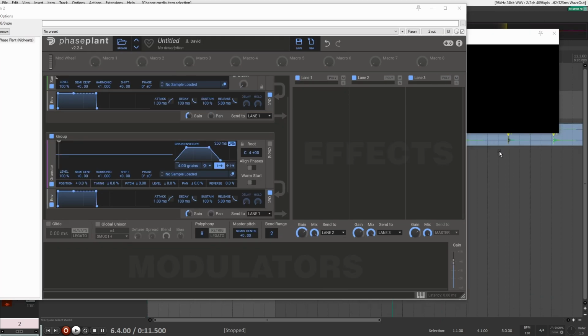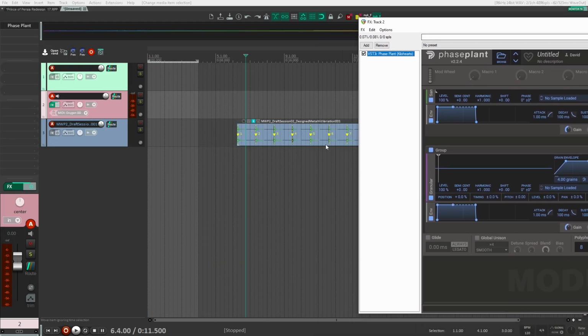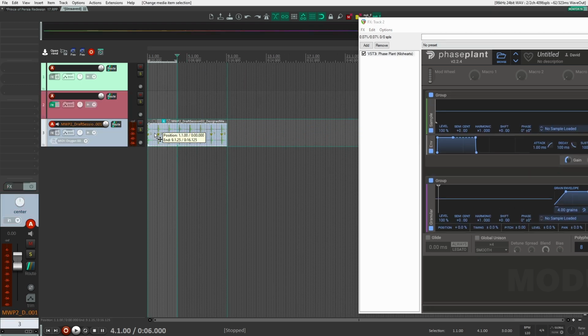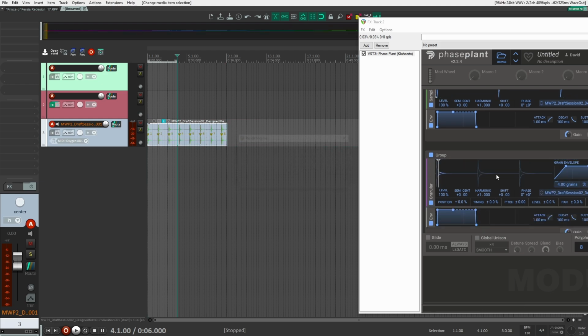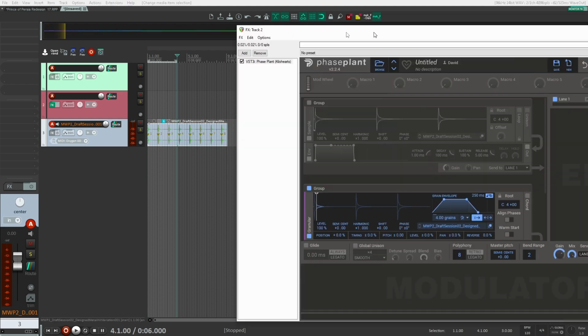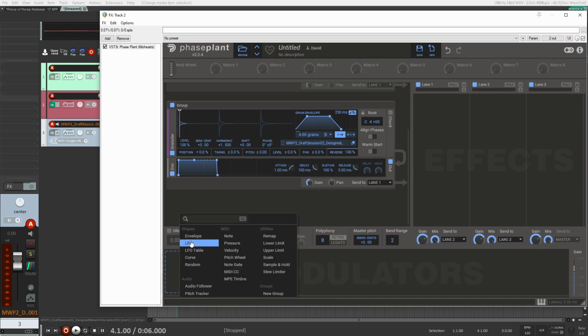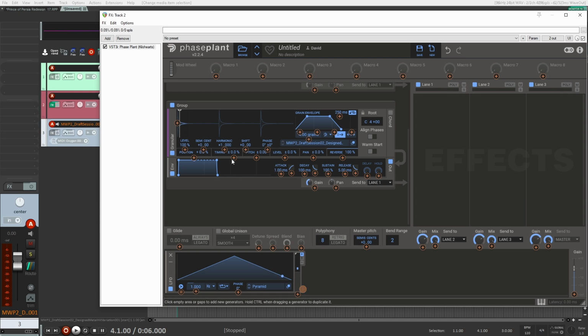Okay, so I found one here, right there, and I'm just going to load that in both of these, and we're going to start designing one at a time, see what we can create with these. And I think I'm going to go like that. I'm going to start with the granular here. I'm just going to increase the reverse to 100%, so that's always reversing. And just as a starting point here, I'm just going to set this to play with this, maybe slow it down quite a bit here. So now if I play this,